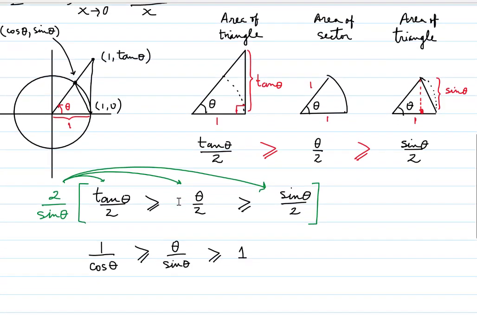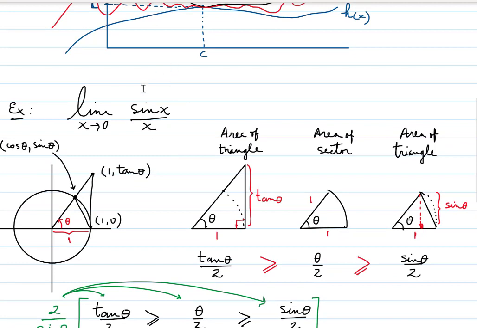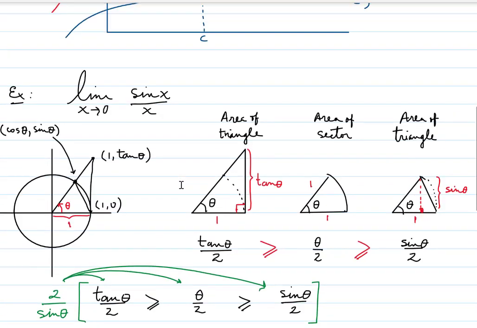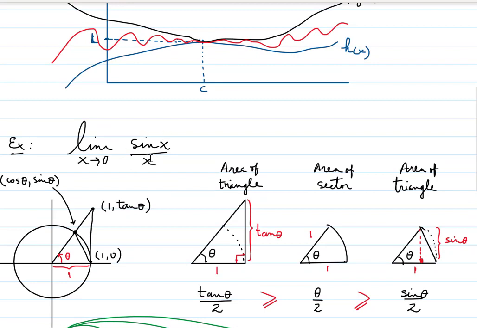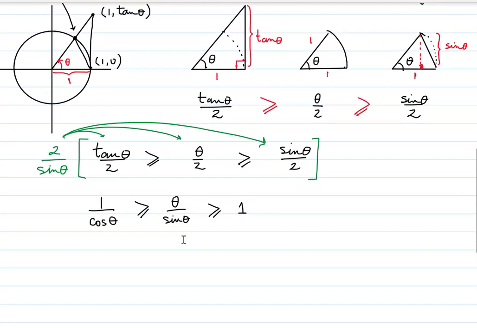So we almost get that middle part to look like this. We just have it flipped here. We have the reciprocal. So to get it to look like sine x over x, or sine of something over that same something, we're going to flip everything here. So we're going to take the reciprocal of this. Now when we do that,